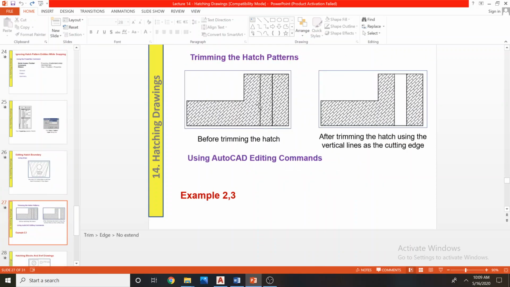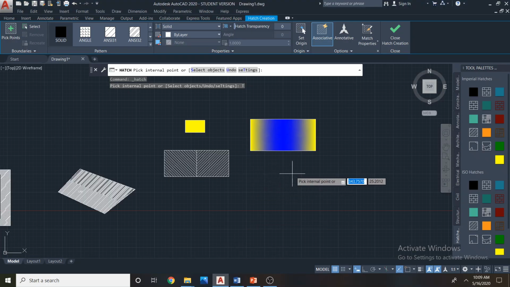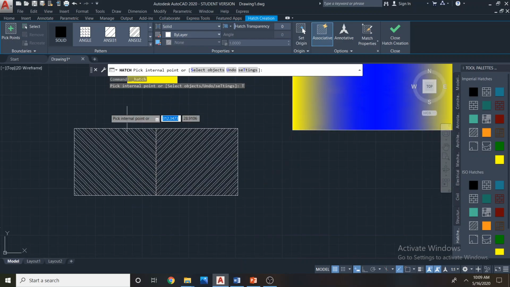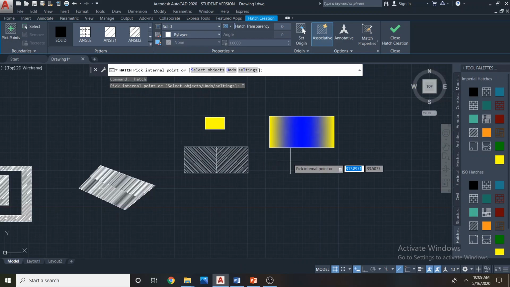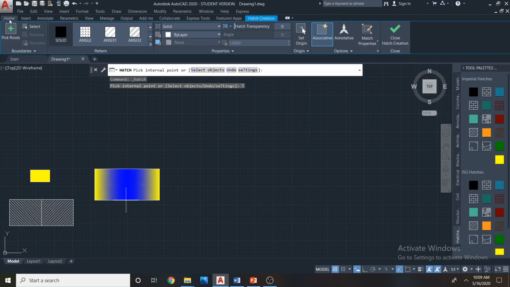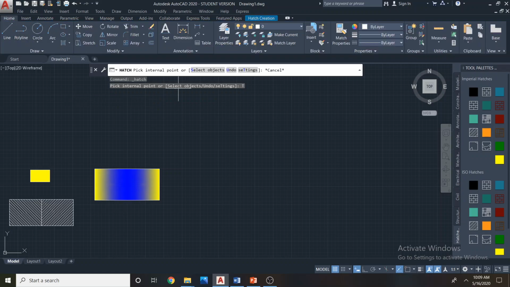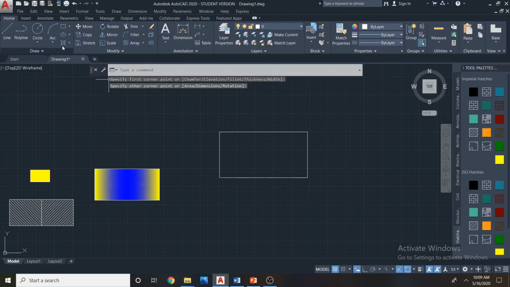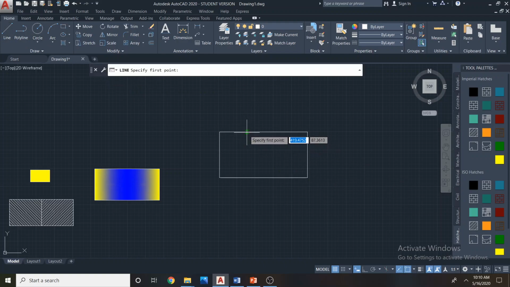Now we look at how to trim a hatch. If you want to remove this area and take something like this, we can use the trimming tools. So I will show you how to work with the trimming tool now. I'll start from the beginning. So some lines.